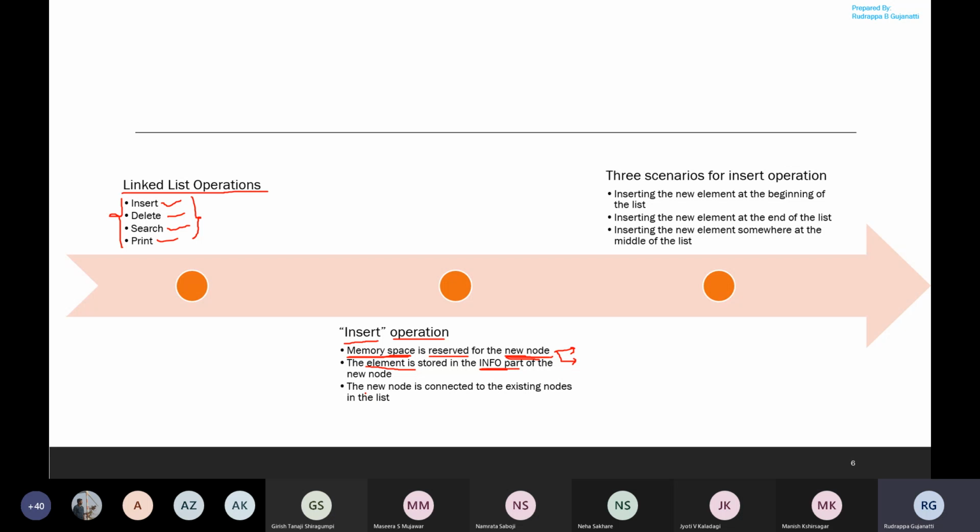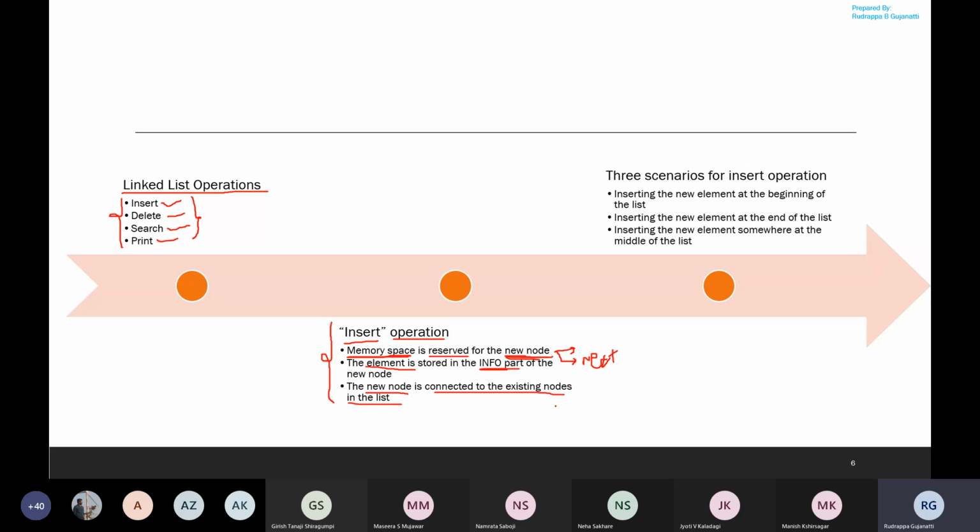If the new node is created, we update the info field with the data element, and then we have a logical connection with the help of the next field, which is present in the node declaration. So you maintain the logical connection between the nodes. You connect the new node with the already existing nodes in the linked list. This is what you have to perform when you are doing the insert operation.